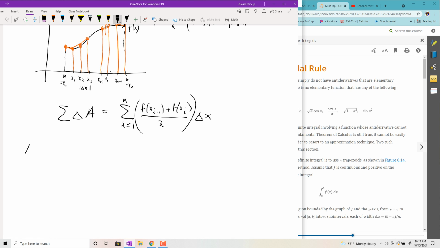The sum of the areas of these trapezoids, let me write this sum again, from i equals 1 to n, is going to equal, in all of its glory, f of x sub 0 plus f of x sub 1. Please bear with me while I write this out. You don't necessarily need to write this out, though. All over 2 times change in x,